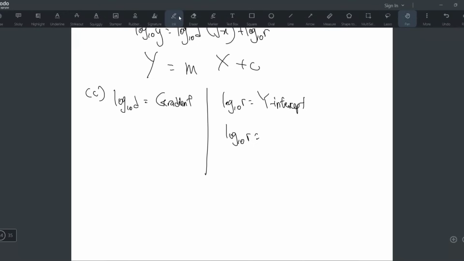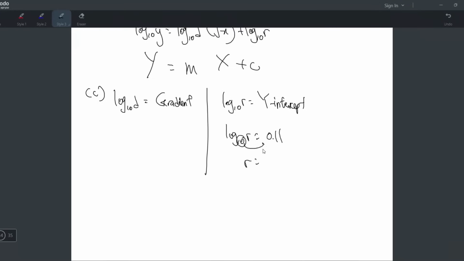So just put here 0.11. And then how to find R? You do anti-log. Move the 10 here, so it becomes 10 power 0.11, because when you move the log, the base will become the number base. So this thing becomes power. So now you press 10 power 0.11,